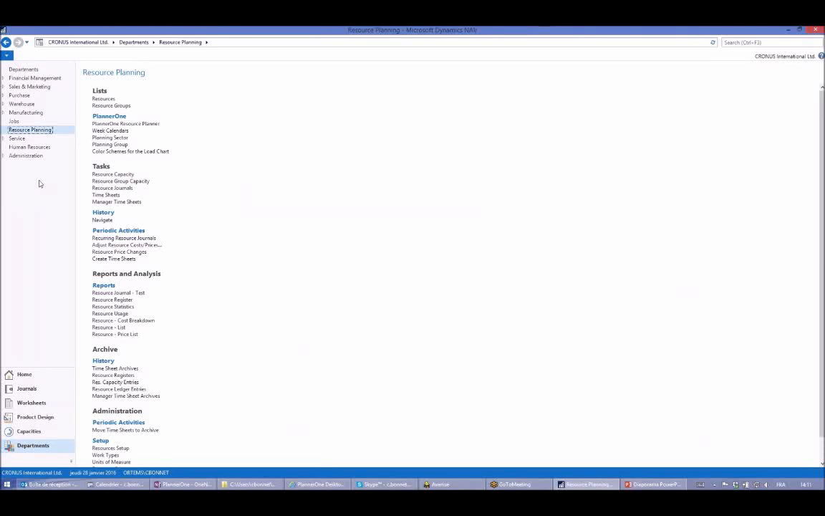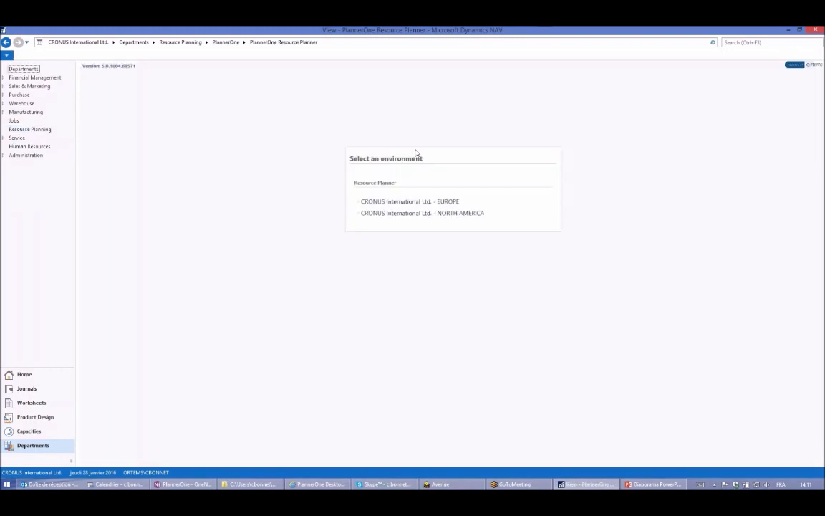Resource Planner. How to access it? I went to the Resource Planning tab, obviously. We are using data from resource planning, especially resource and resource groups, and also from the jobs and the service orders. First of all, to open PlannerOne, I will open it from here, and I have here two plannings, one